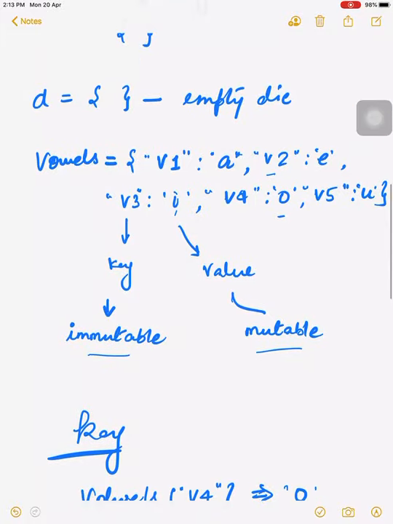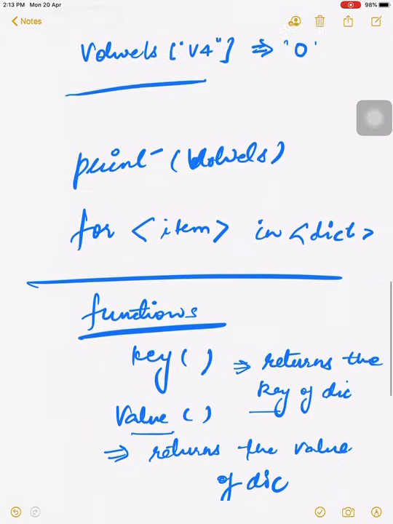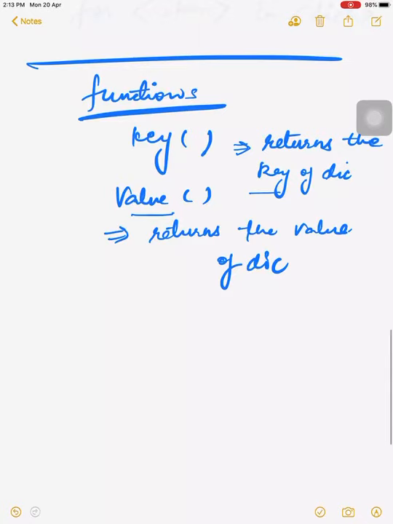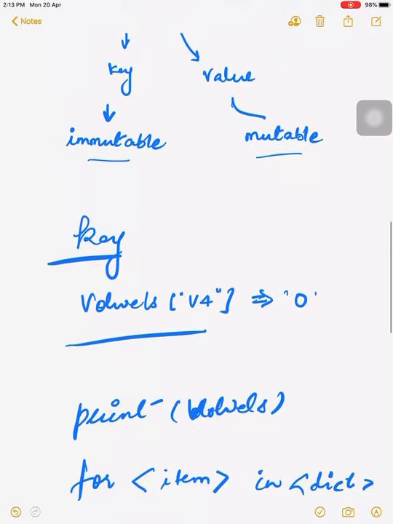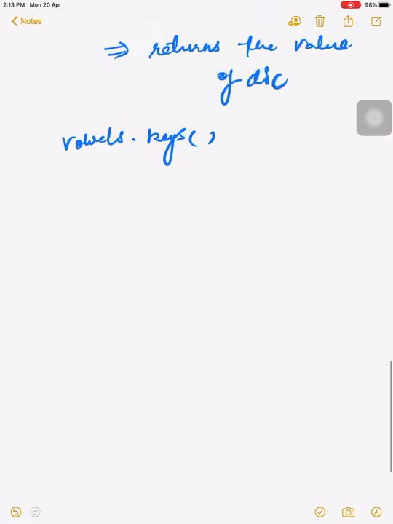All the values stored in the dictionary will be printed by the values function, and all the keys in the dictionary will be printed with the help of the keys function. For example, if the name of our dictionary is vowels, I will write vowels dot keys. Actually the functions are keys and values.